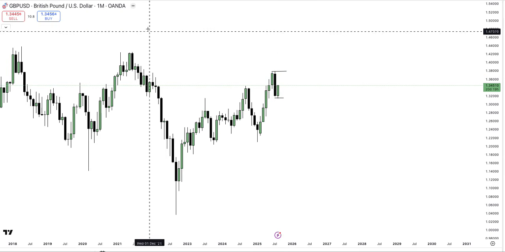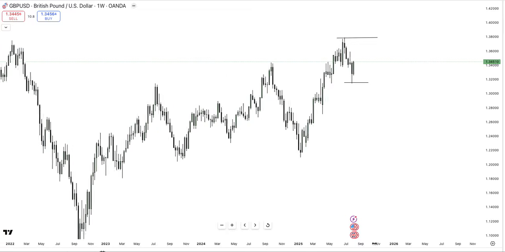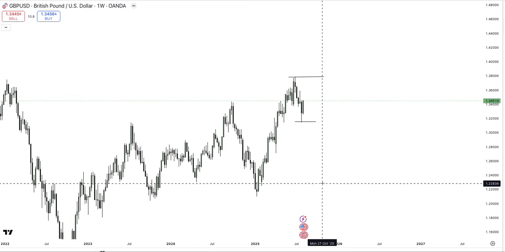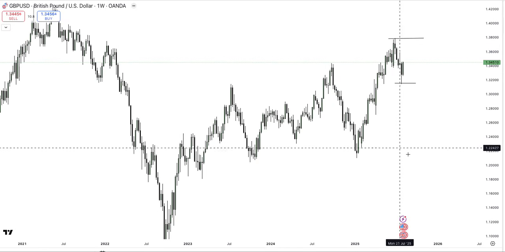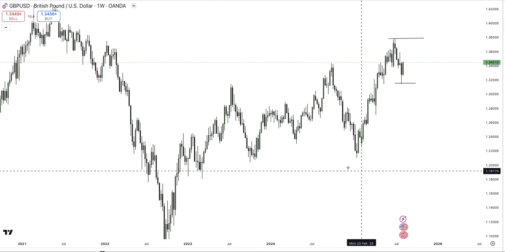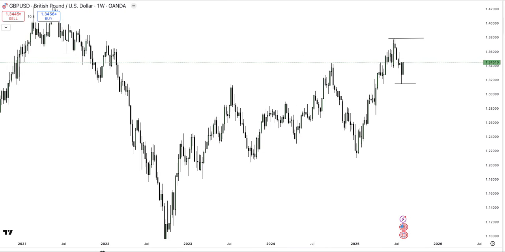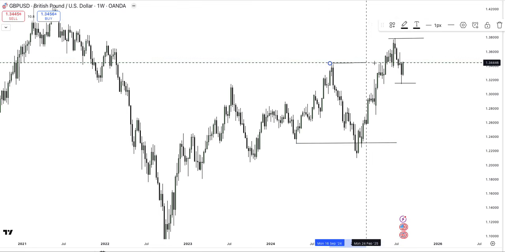Now I'll go straight to the 1 week. When I go to the 1 week, it gives me more expansion, and I try to understand where price is actually coming from. If you look at this, you see that this is actually an uptrend, so there's more bullish momentum compared to what we saw on the 1 month time frame. So we have higher highs, and all the lows are being respected. Price successfully cleared out liquidity and pushed to the upside. I have a break of structure with the body here,